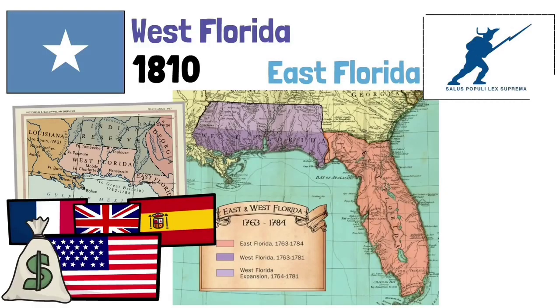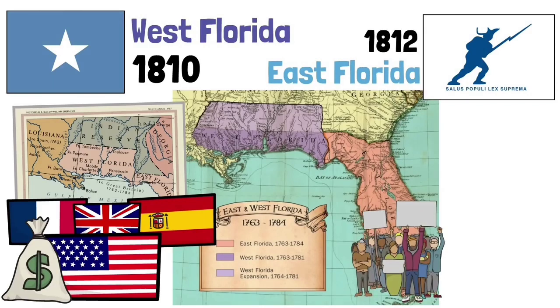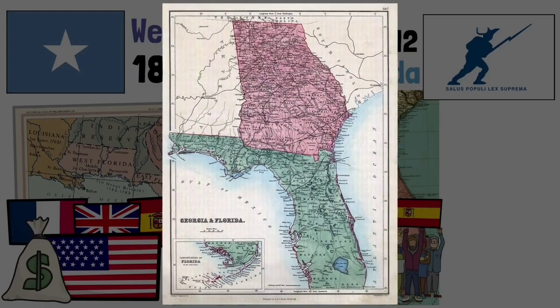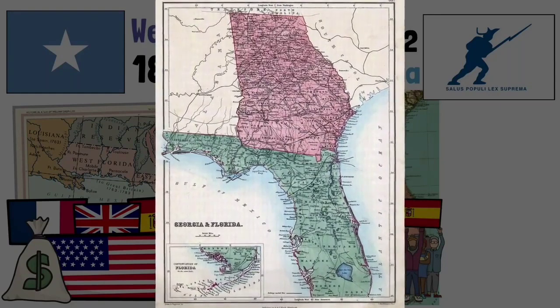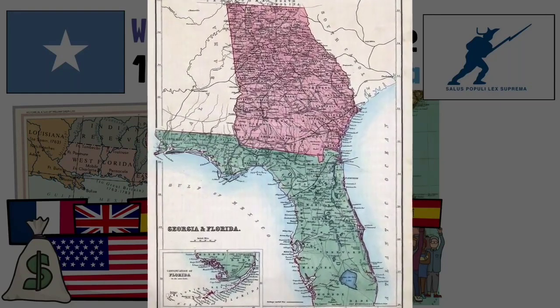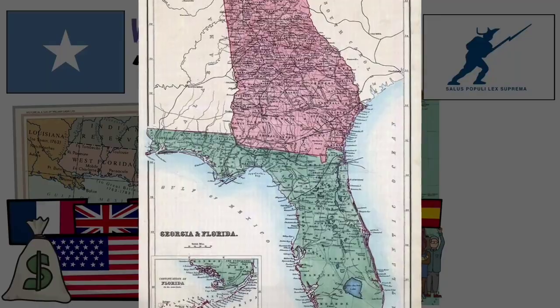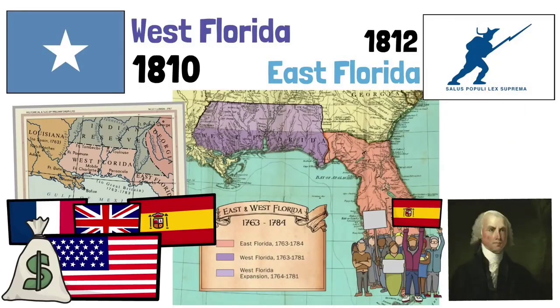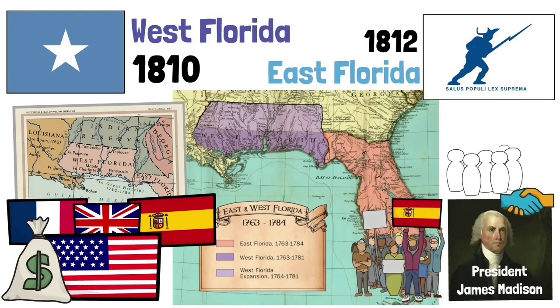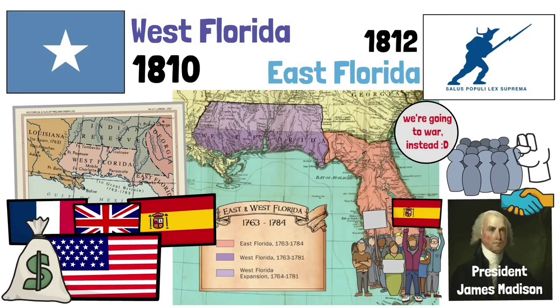Then East Florida, which existed in 1812. The Republic of East Florida was a republic declared by insurgents against the Spanish rule of precisely East Florida, most of whom were apparently from Georgia. In fact, it seems they wanted neither independence nor statehood, and simply full-on annexation by the US, perhaps as a part of the state of Georgia itself. Initially, they were under a mission commissioned by President James Madison, who wanted them to acquire East Florida, but he wished to do so diplomatically. However, many of those who undertook the mission refused and moved on with the rebellion,